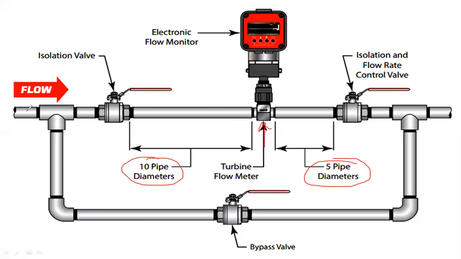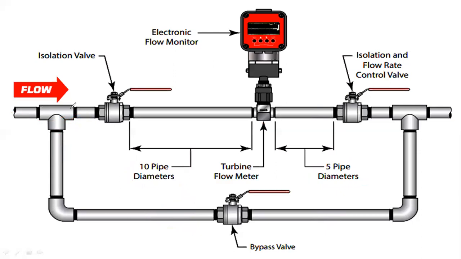The fluid is passing through this direction. This is also a 10 pipe diameter, and the flow is the same in these two pipes. Next, this one is also a 5 pipe diameter, and the flow is the same between these two pipes. The flow rate is the same in these two pipes.